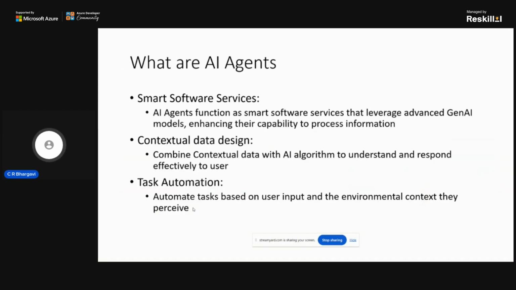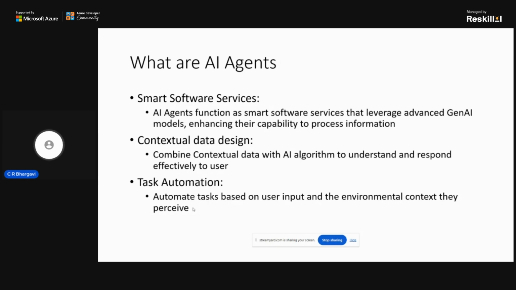From the start of the session, we have been hearing about AI agents, and they have become very popular among technologies, right? So, what do we mean by AI agent?